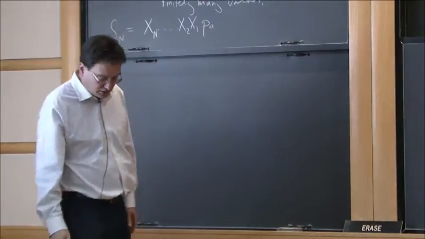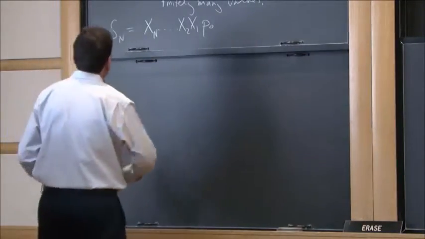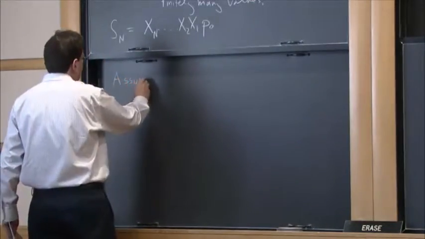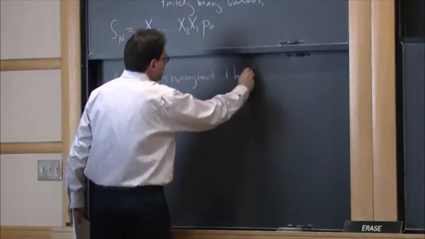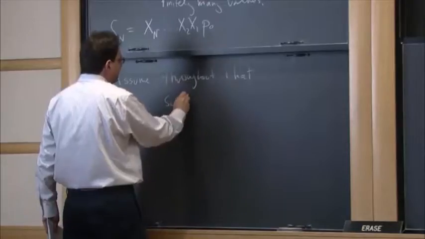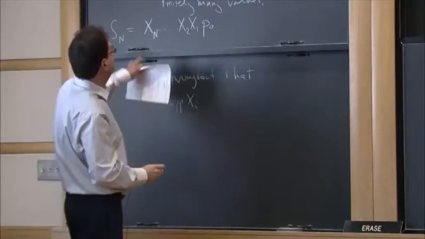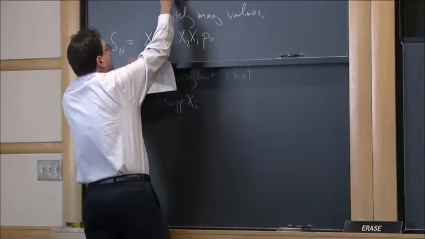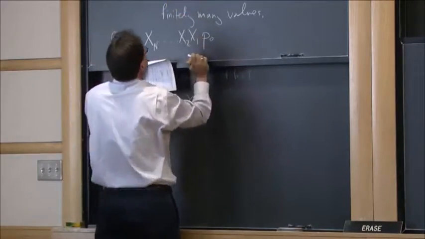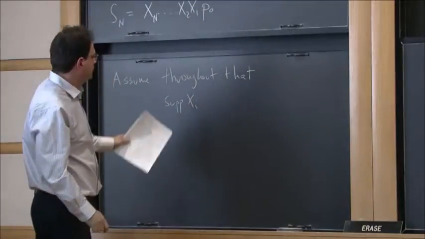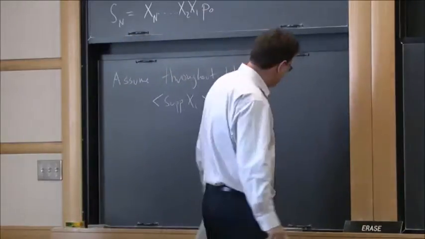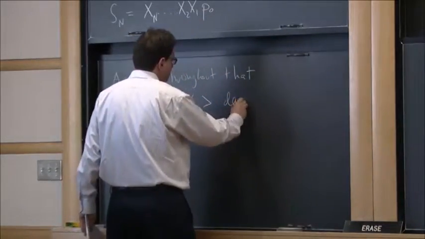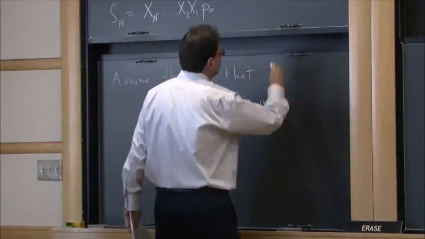I'm not going to say anything new about the standard random walk, so let's make an assumption. Assume throughout my talk that if I take the set of values that xi attains, all of these xi's, I forgot to say, are independent, identically distributed, and I take the group of the isometries which I actually see, the group that they generate, I assume that it is dense in this group G,